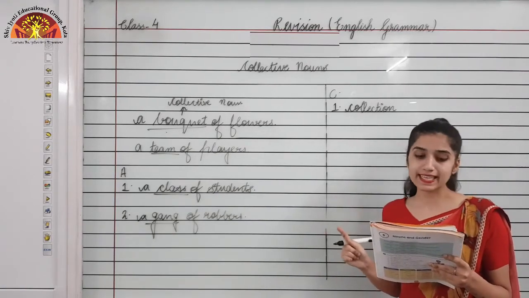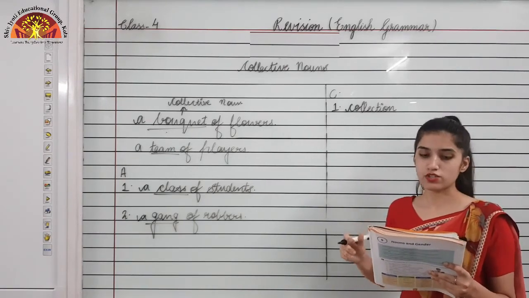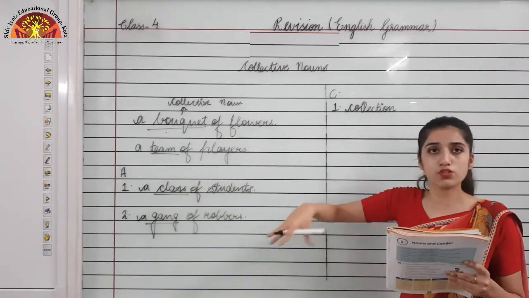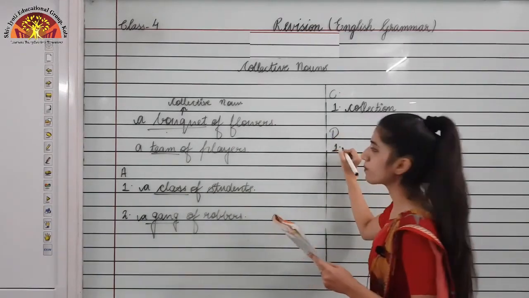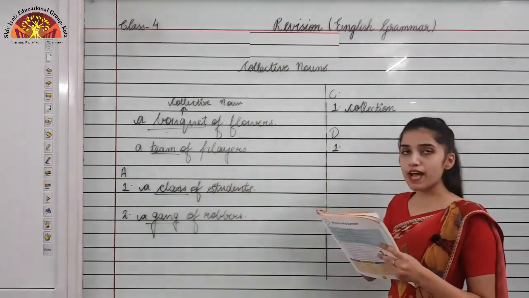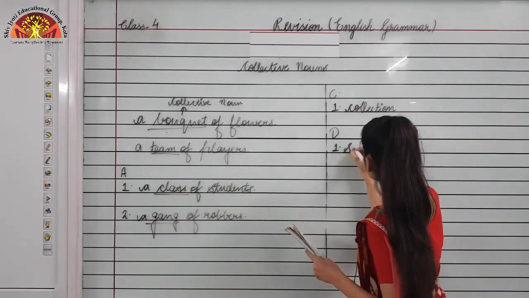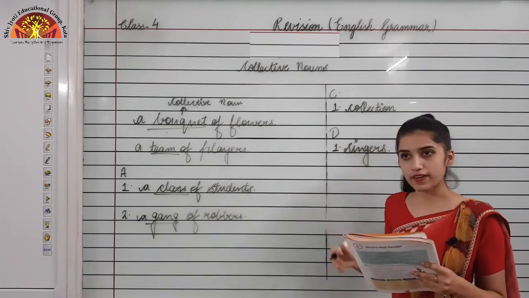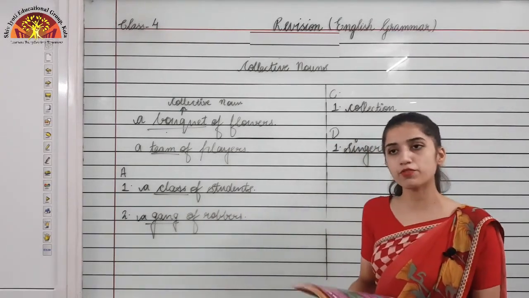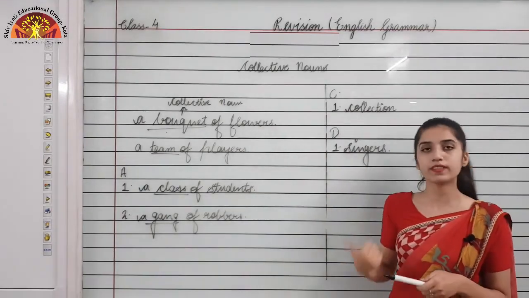So the first sentence is a church choir is a group of dash. A choir would be sung by singers only, right? So the answer for D, first blank, would be singers, which we have taken from the help box that was given to us. Now for the rest, you can refer to the PDF. If you want to cross check the answers, you can refer to the PDF which would be sent to you with this video only.